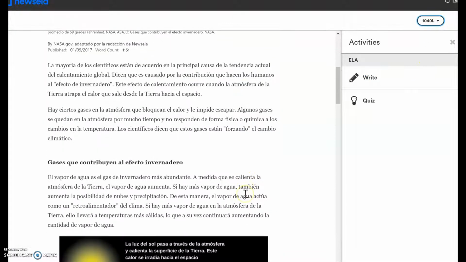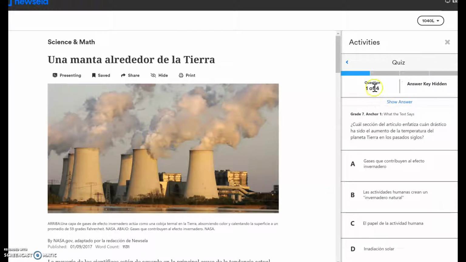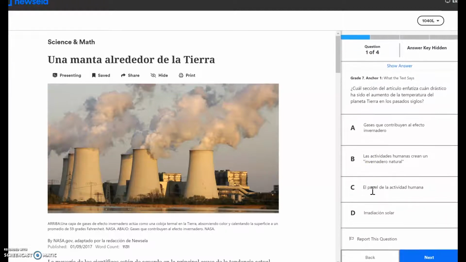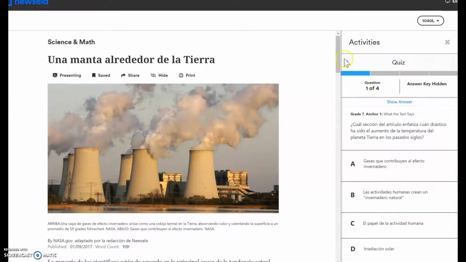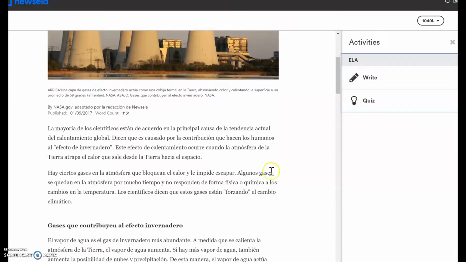So then go through and read your article, and when you finish, you're going to complete the quiz activity that is over here on the right. It is a set of 4 multiple choice questions. Okay, so answer that. Then, once you finish reading the article and you've answered the quiz questions, you're going to